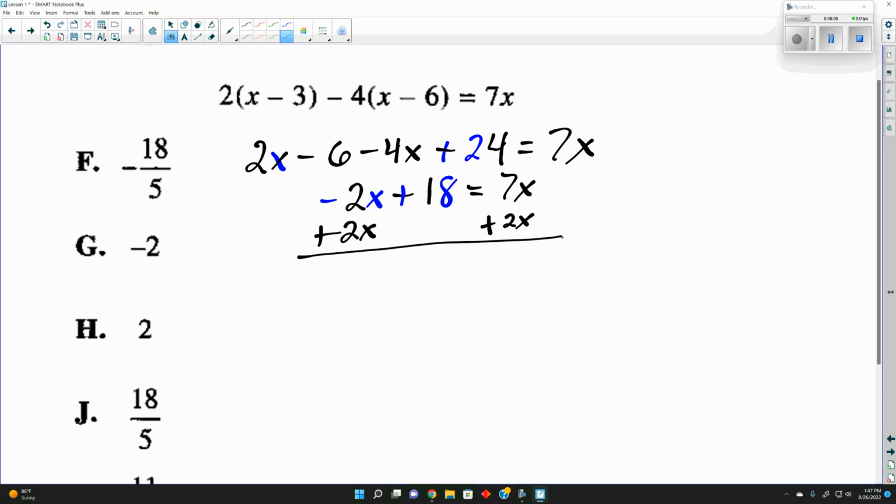We could have subtracted 18 from both sides. Then we need to subtract 7x. So we'd end up moving everything back the other way. Divide by 9. X is equal to